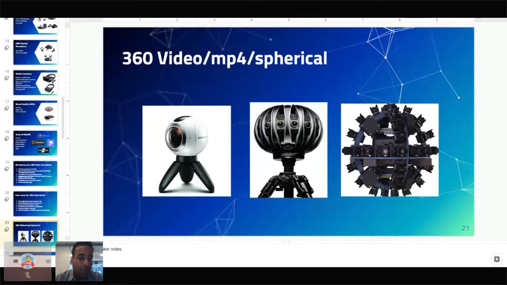The simplest one, more consumer based, are the Samsung cameras. There are a few brands out there that cost anything between $70 to $200. Now we're dealing with more professional ones. These are branded products, and then some of the more custom-made rigs.